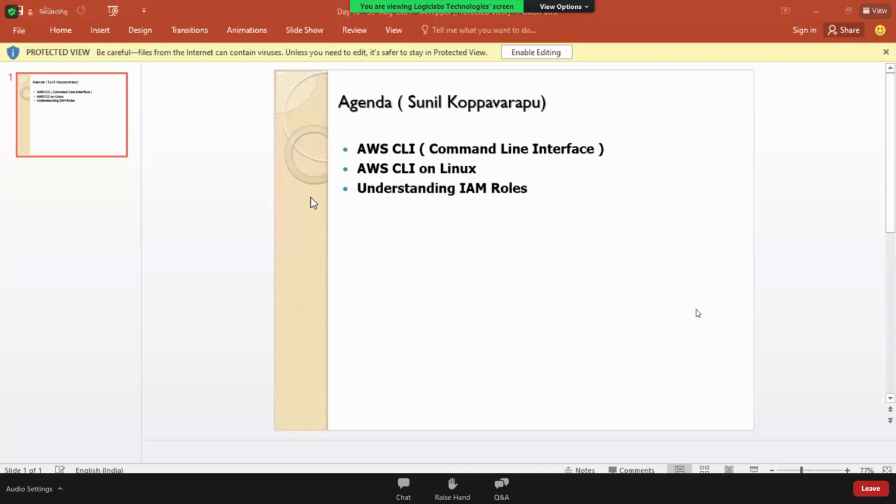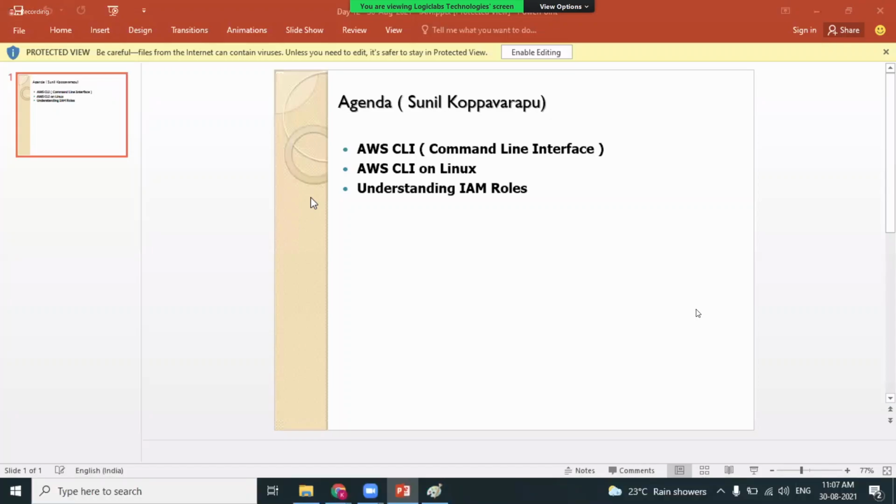Abhishek, have you observed the feature called transfer acceleration, used when the bucket and the end user are at very far distances? We use the edge locations for interconnecting.